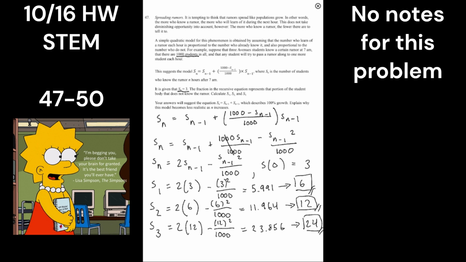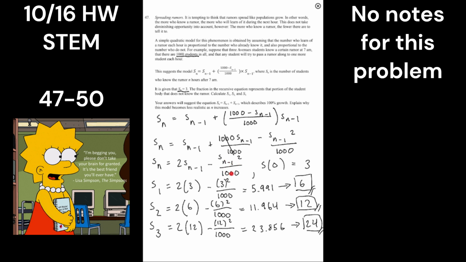The second part of the problem then suggests that if you add up, I don't know why it's formatted like this, but it's basically stating here that 2 times s sub n minus 1 equals s sub n. So it's 100% growth, so multiplied by 2, and explain why the model becomes less realistic. There's a reason why I did it this way. As you can see in this equation, and I will highlight it with my red thing, this equation already has this 2 s sub n minus 1 in it, and then this here is s sub n minus 1